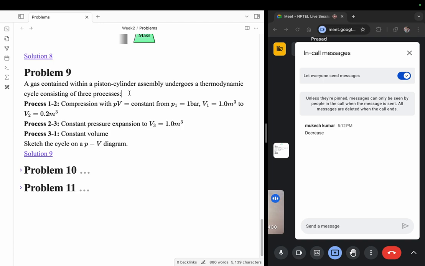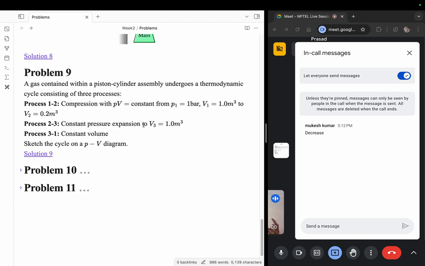To put it simply, a thermodynamic cycle is basically you start from a certain point, you undergo certain processes and you come back to the same state. So wherever you start, you do something and again come back to the same point. This is what we are calling a cycle. So in order to have a cycle, you should have at least a minimum of 2 different processes, like you should go somewhere and you should come back. So here, in this particular case,